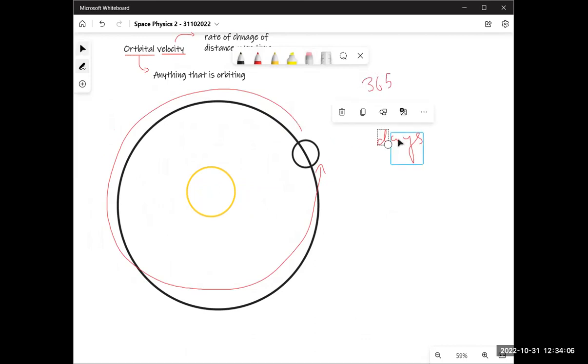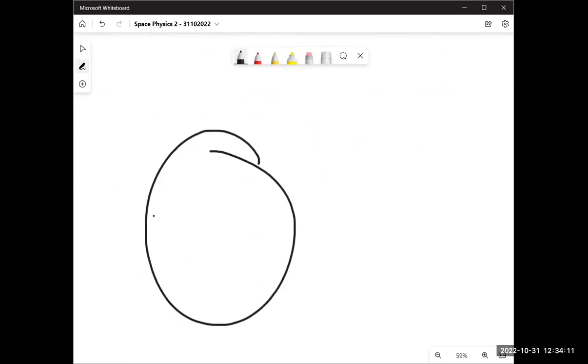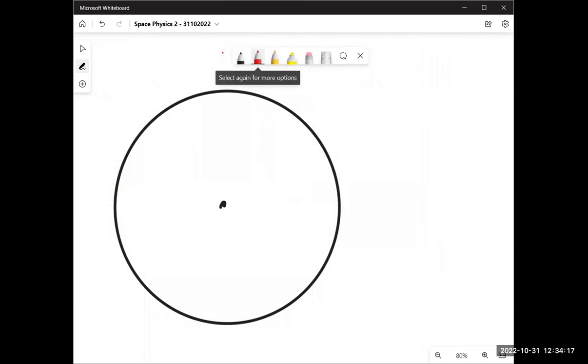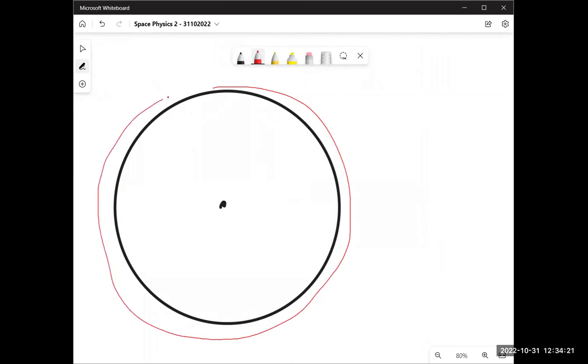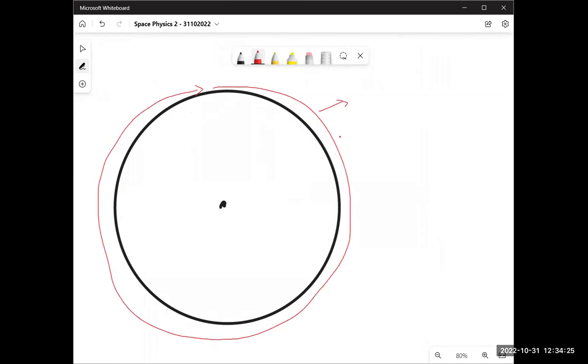Another thing is, if you have a circle, let's make another circle right here. This is a circle. Perfect. If I have a center right here, that's the center. Now, can someone tell me how do I find the length around the circle? 2 pi r. Now, this length around the circle is called the circumference. Ritika, what is it called? Circumference, which is 2 pi r.